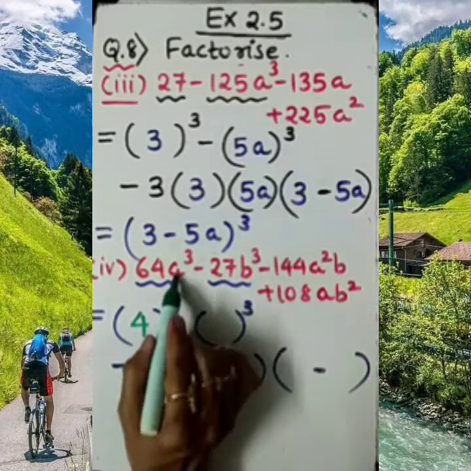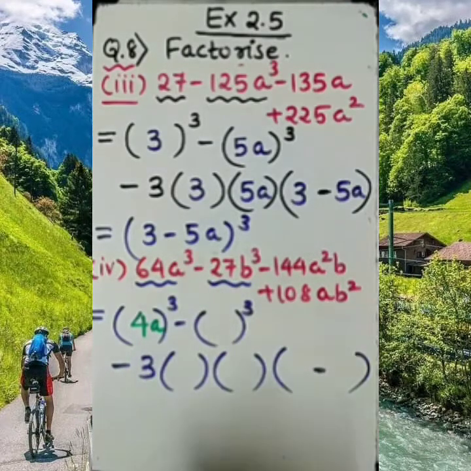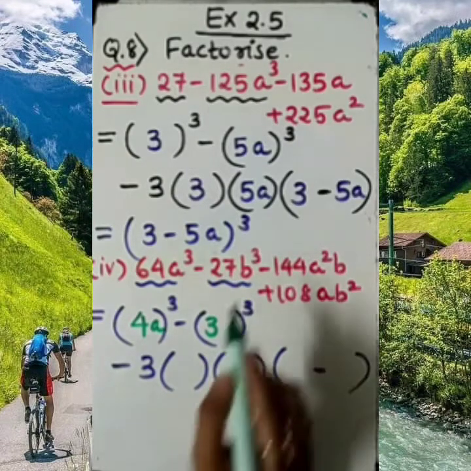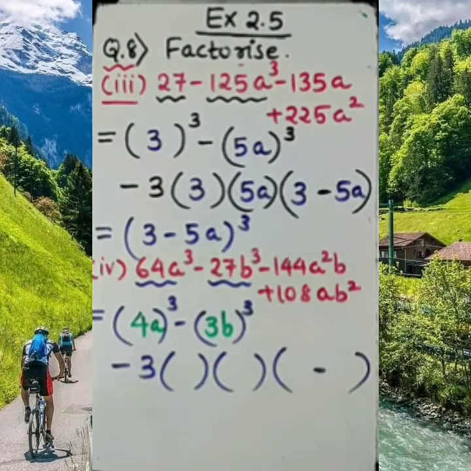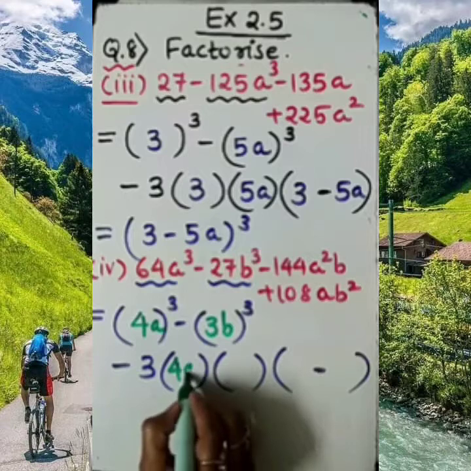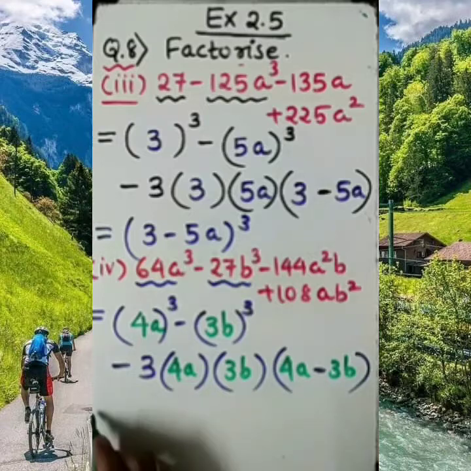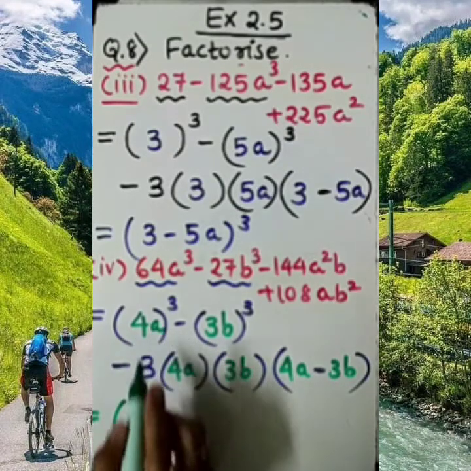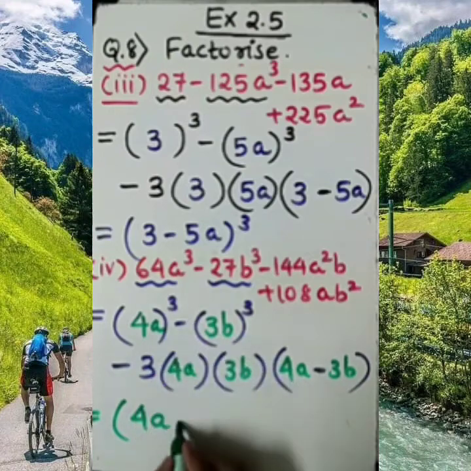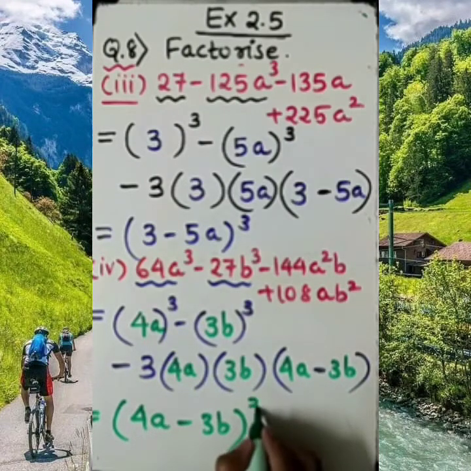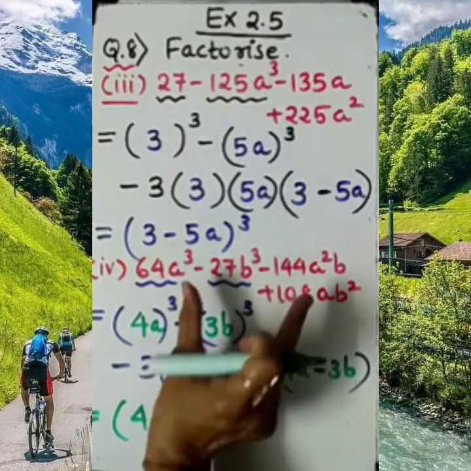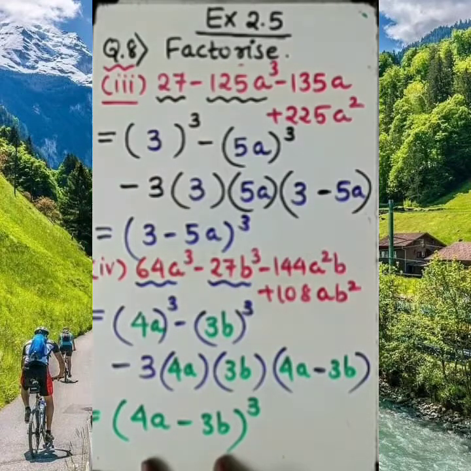Same way here, along with the a, a also we need to mention. 27 is a cube of 3, 3 into 3 into 3, 27. And along with the b cube, here it will be b. So simple. This will become first term, second term. So my dear student, the final answer we need to write is 4a minus 3b whole. This expanded form is of this cubical identity. This is called the factorization. What we are gaining is the factor.